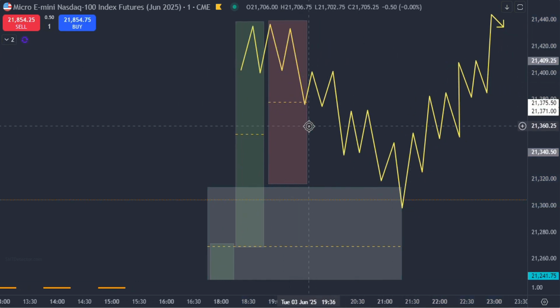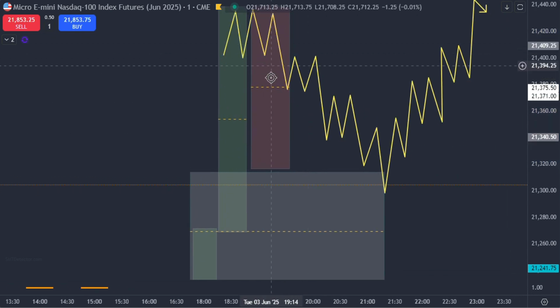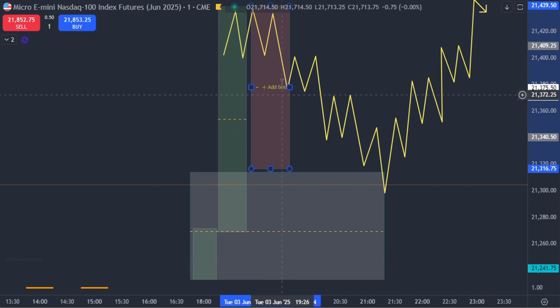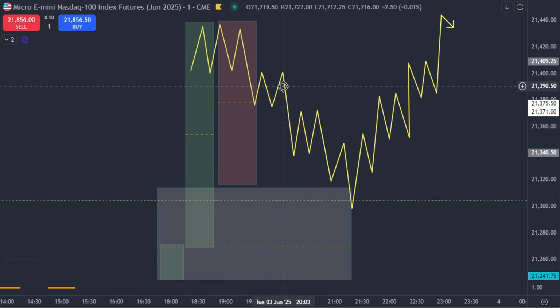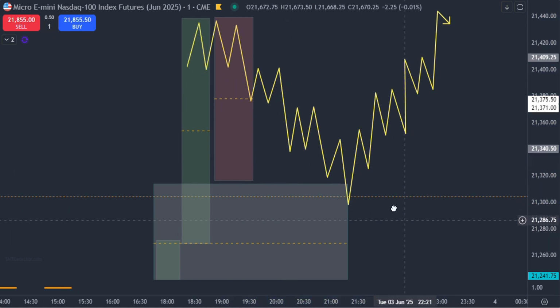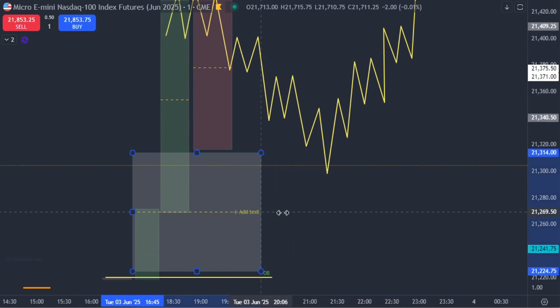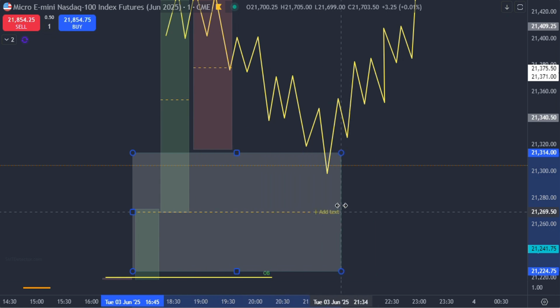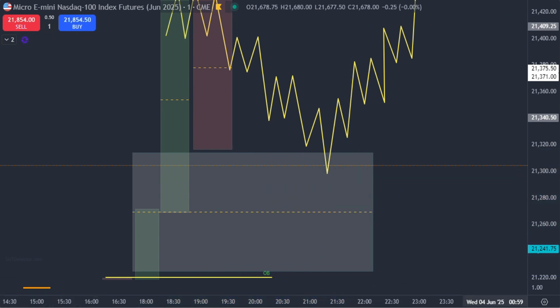This down candle on the hourly time frame is really your manipulation, because you think the market's going down, but if you're looking at the hourly time frame, it's really just a retracement. So then on the 1 minute chart here, you'll target either a retracement into a 1 hourly time frame fair value gap. You'll get a sweep of liquidity,